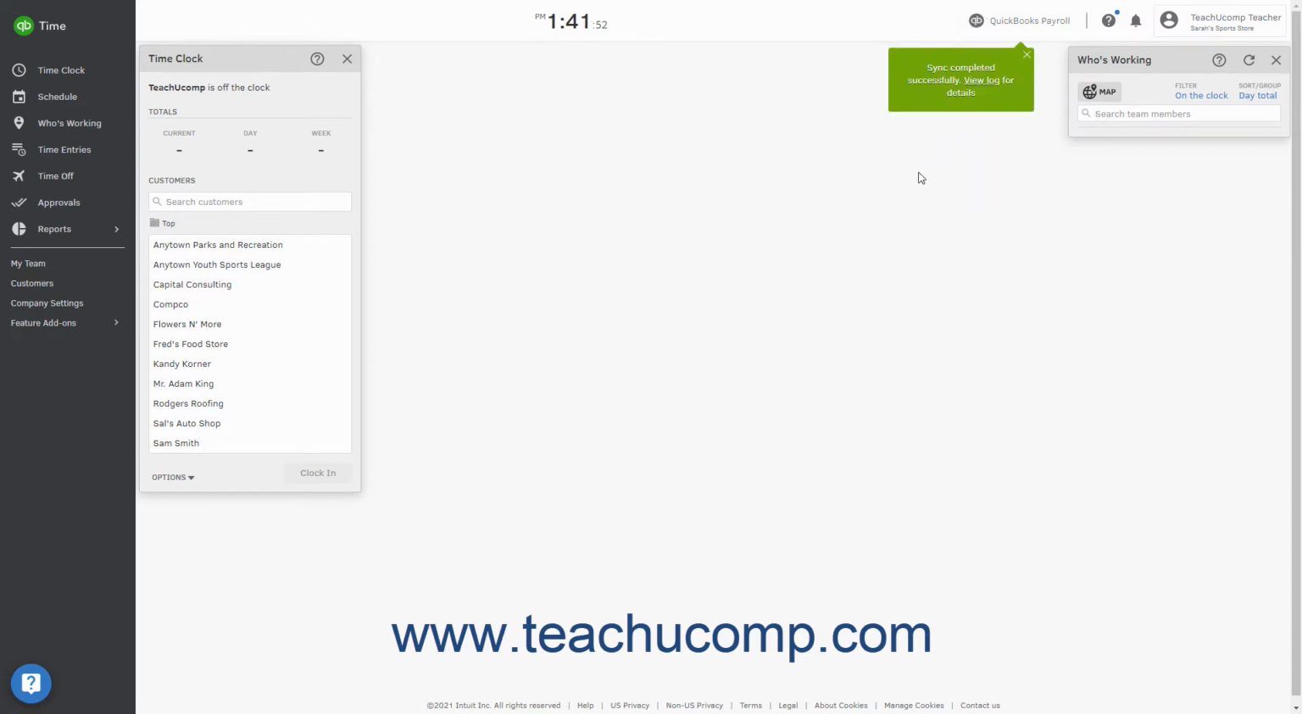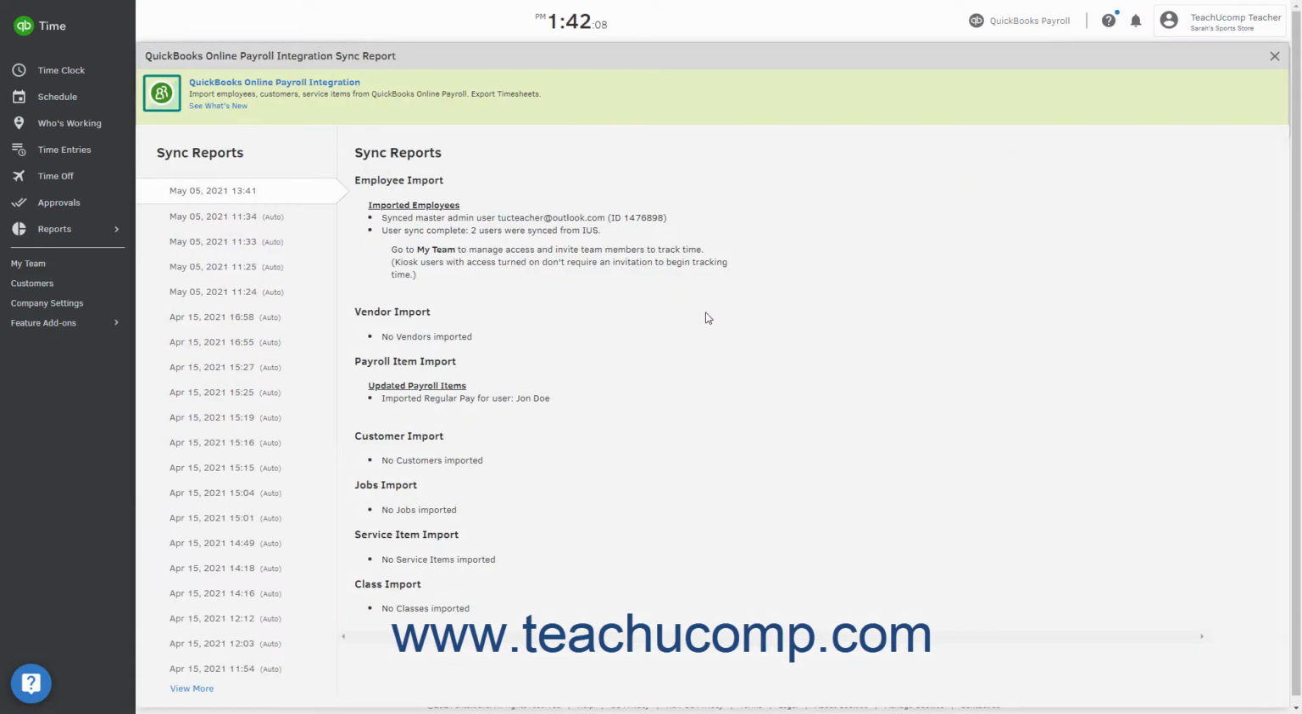When finished, to view the sync log, click the QuickBooks or QuickBooks Payroll button in the toolbar at the top of the QuickBooks Time window to show a drop-down menu of commands. Then click the View Sync Log command in the drop-down menu to show the sync logs. You can click the X button in the upper right corner of the Sync Report window to close it when